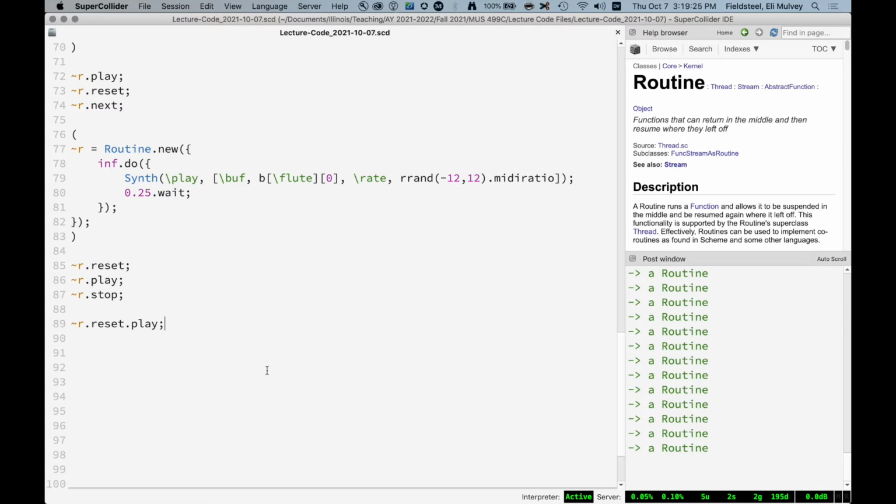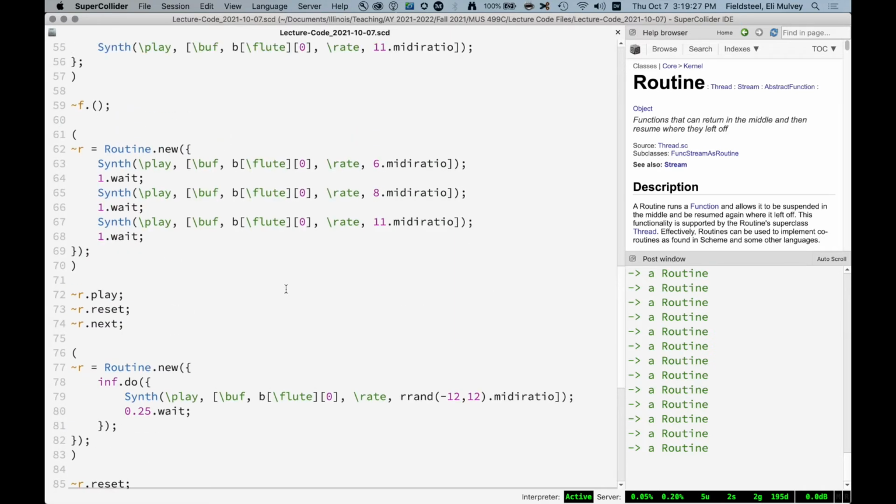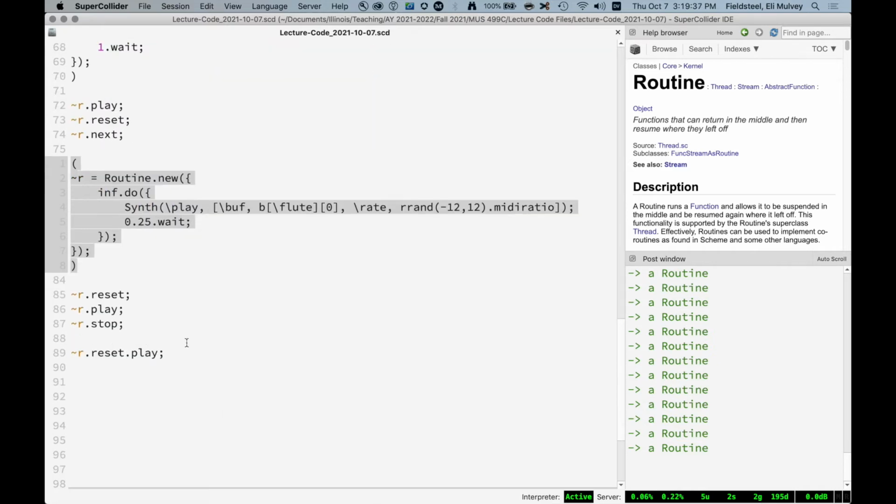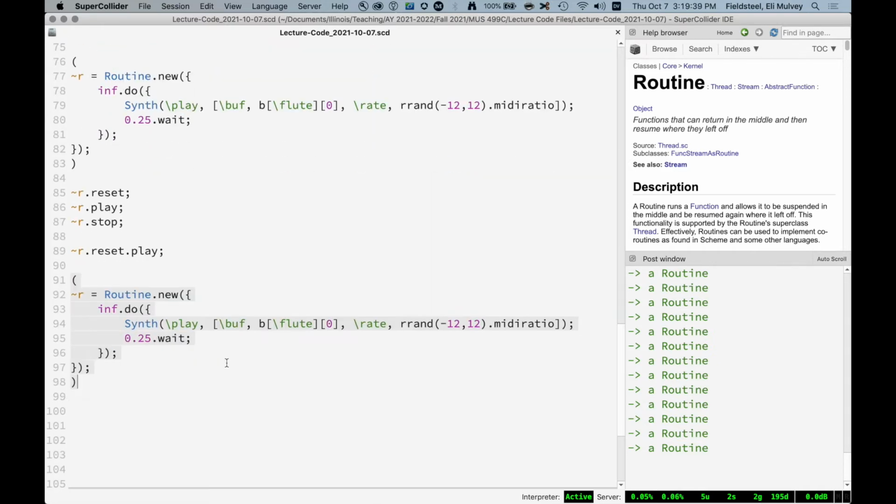All right, so routines are pretty good for simple sequences like this, where you can just line up a few synths and play them. Let's do one more example before we move on to the next thing. You can nest iterations. So if we say, 6, 8, 11, 4,